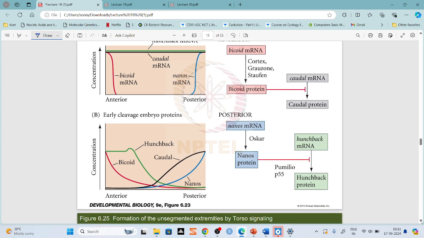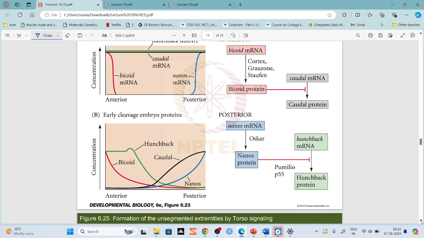Then what happens? You see that now this bicoid is converted into protein, it is translated into protein. So the translation of all these mRNAs, all these maternal genes, takes place only after the fertilization has taken place. So after the fertilization, you can see now this bicoid acts as a morphogen, it forms a gradient, and